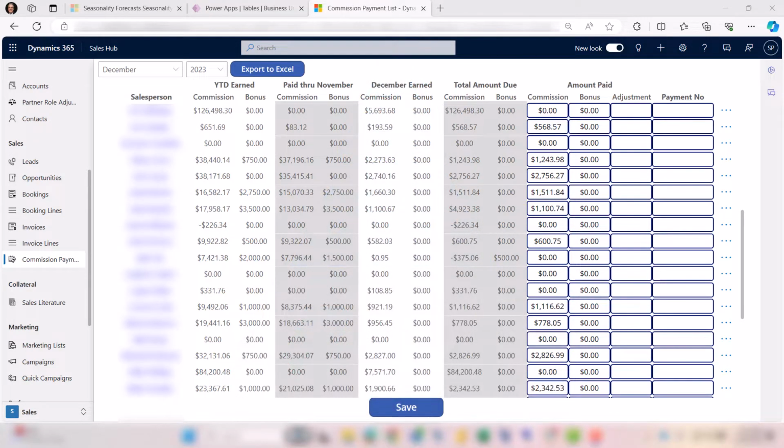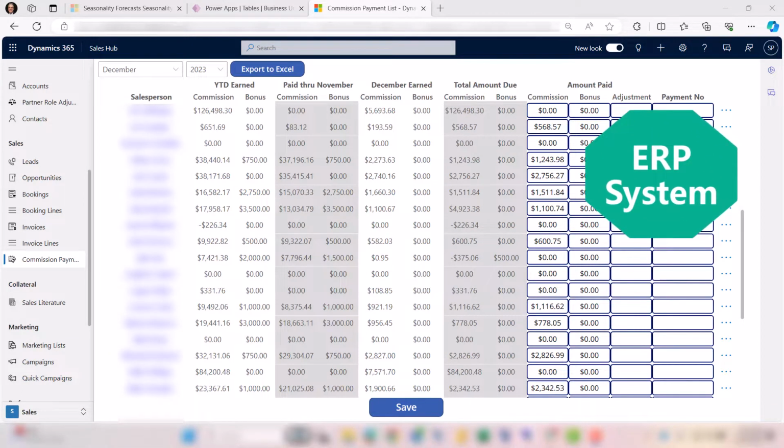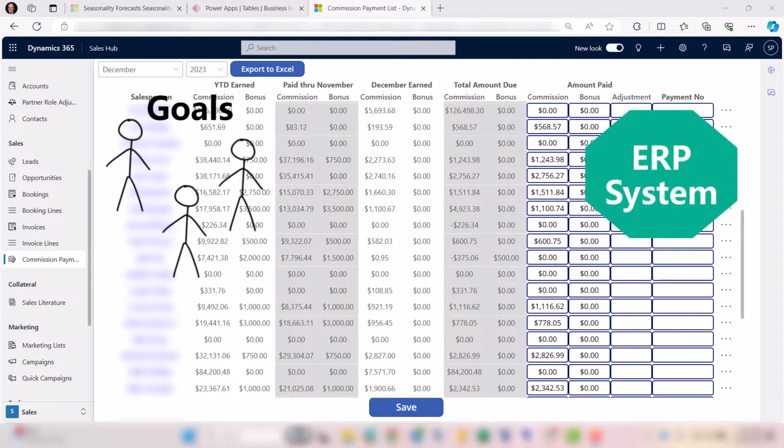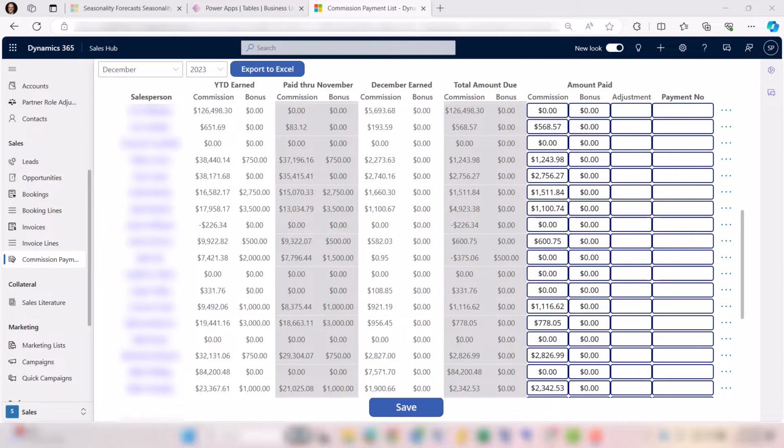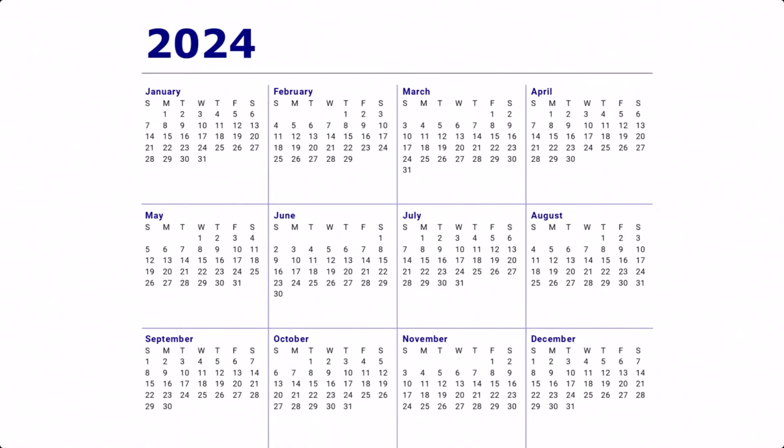We built a commission calculation module that runs within Dynamics 365 that takes sales data from the ERP system, compares it to goals, and figures out commission checks every month. This system serves about 100 salespeople, and it's a little bit more complicated than you might imagine. Let me explain. So for starters, every day the system calculates how far we are through the year in terms